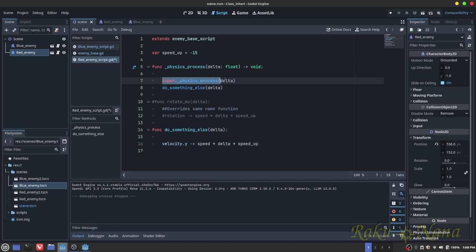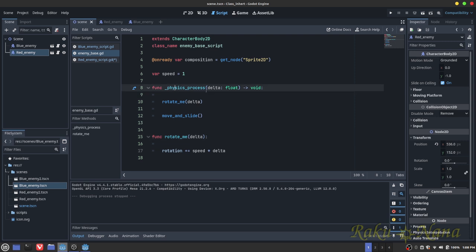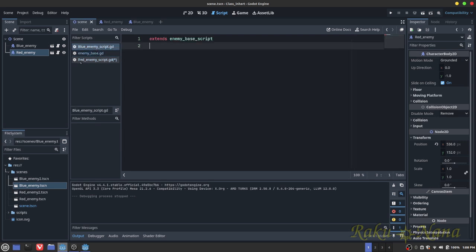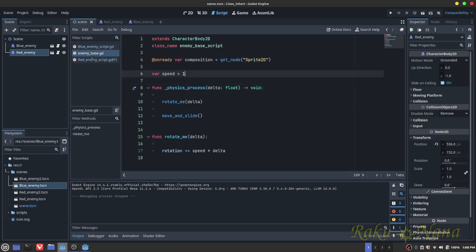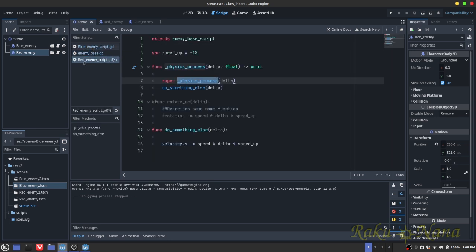What this is doing is overriding the physics process of the original script, but you're also telling it that you want the physics process of that said script. So it has essentially two. They're not two different physics processes. This is just allowing it to split off, so you can use whatever code is in this physics process